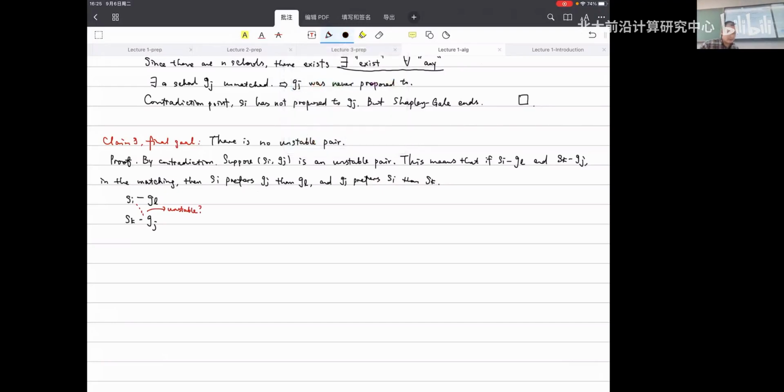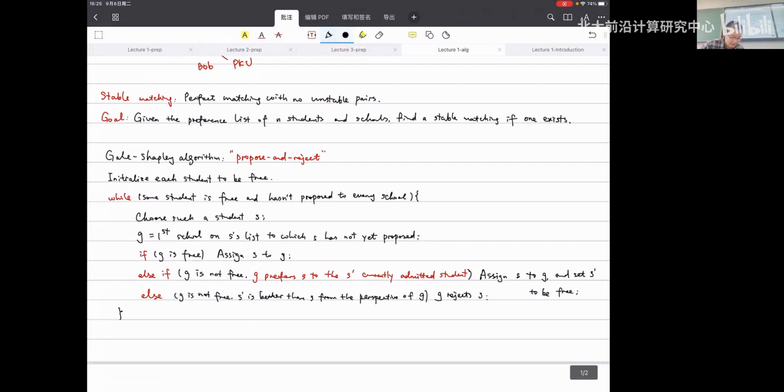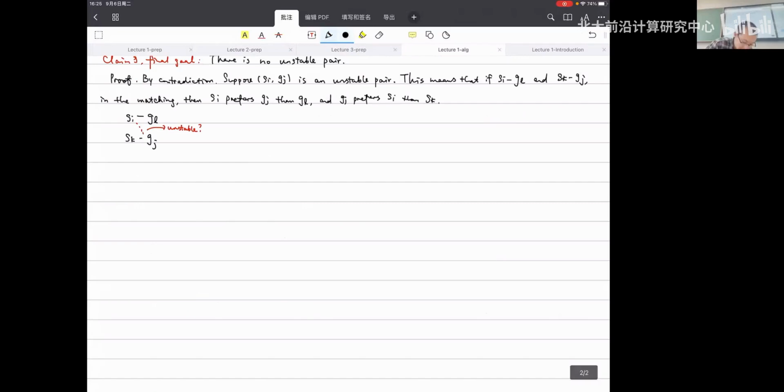Basically like this. So how are we going to continue our discussion? When we run the Gale-Shapley algorithm, it is very important that we look at the while loop and the conditions inside. So we make the discussion like this. We consider the first case where SI, the student in this while loop, never proposed to GJ. And the other case is where the student actually proposed to GJ. We are going to try to find contradictions along this.